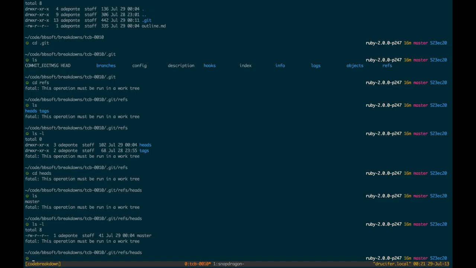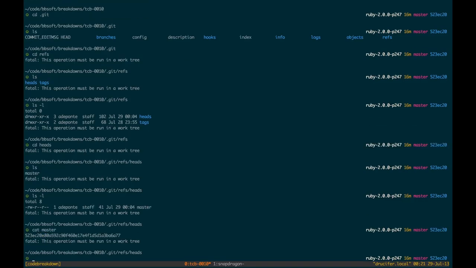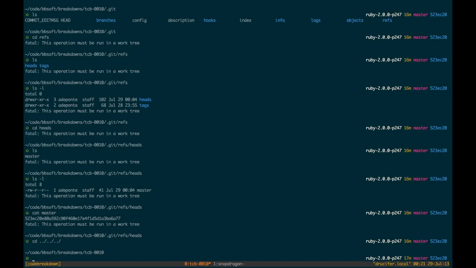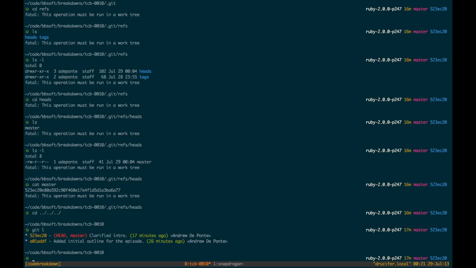But you can see there's this file called master, and if we cat the contents of master, we can see that it spits out just the SHA-1 of 523EC. So if we go back to our Git repo and we run git l, we can see that 523EC is the same commit that master points to. So the way Git internally manages branches is it really just has a file that has as the content of that file the SHA-1 for the commit that branch points to, and the name of the file is the name